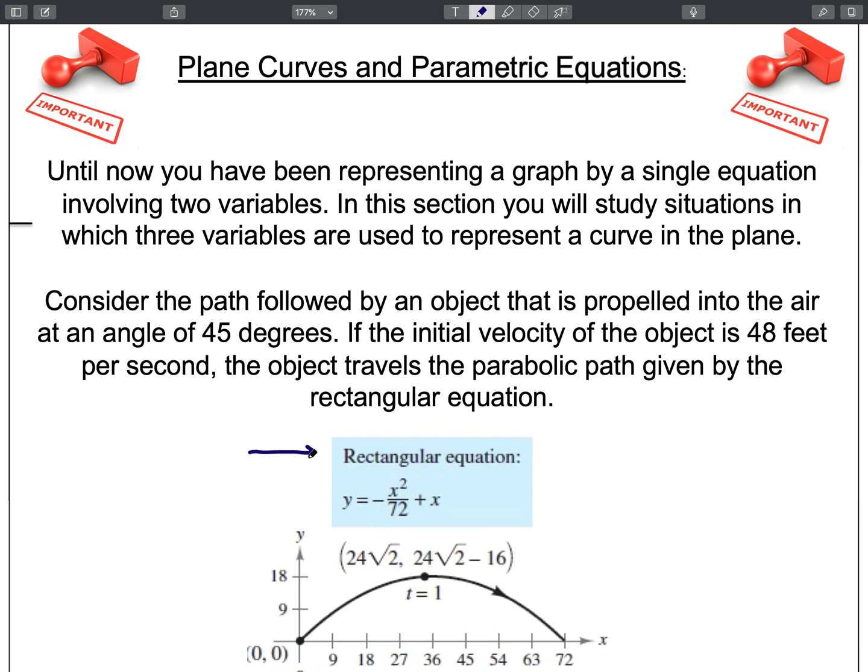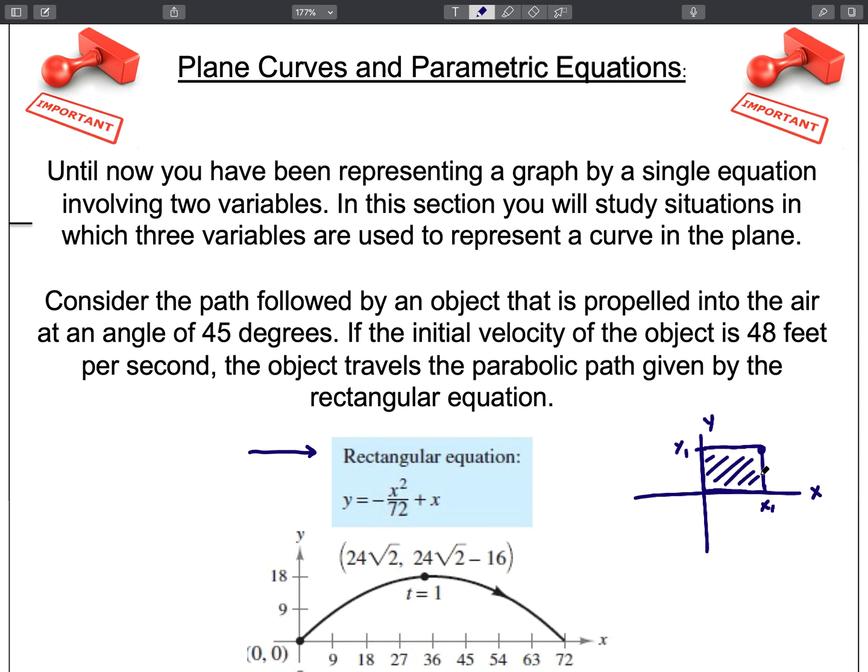So the reason why it's called rectangular is because in the xy plane, you could have an x coordinate and a y coordinate, and that would actually give you a rectangle from the origin. So imagine that you have the regular xy plane. We know x goes side to side, y up and down. If you were to pick a point in the first quadrant, whatever that point is, we can say it's x sub 1 over, maybe y sub 1 up. You could actually build a rectangle from that point to the origin,